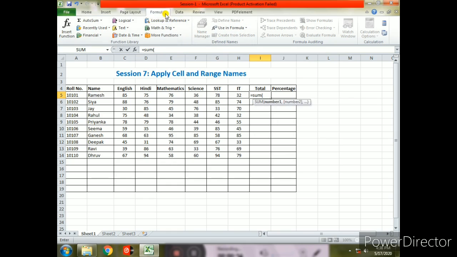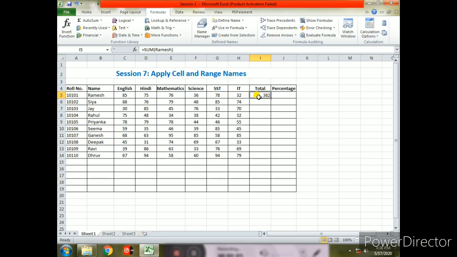Then in the Formula tab, in the Define Name group, we click the Use in Formula drop-down arrow. Here we have Ramesh. Click on Ramesh, then closing bracket and press Enter. So you can see that the total of Ramesh marks is shown in the cell. In this way we can use a named range.